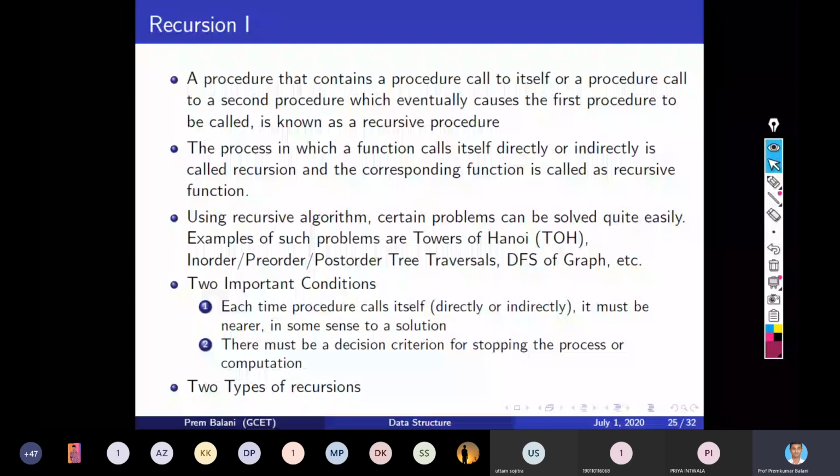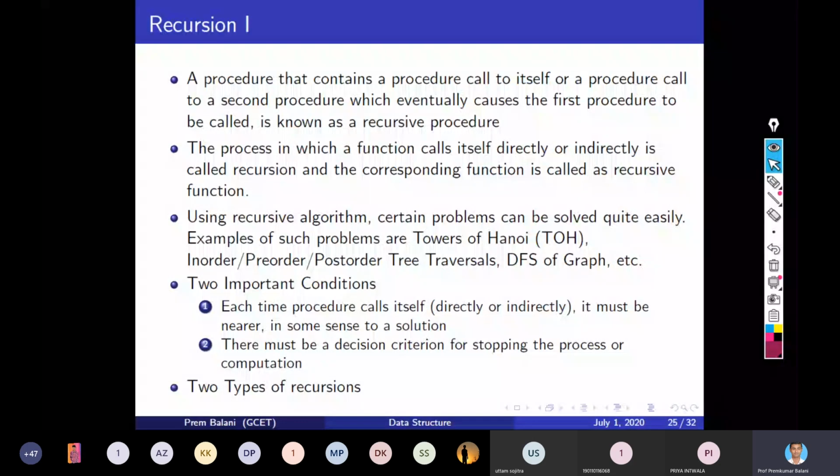There are three orders in which we can traverse a tree, and for that, recursion is a very important and very useful process. Then there is DFS of a graph, depth first search. DFS of a graph can also be done with recursion.